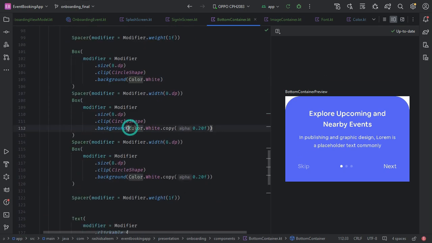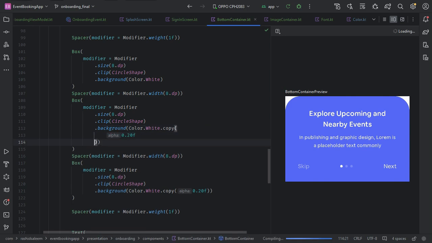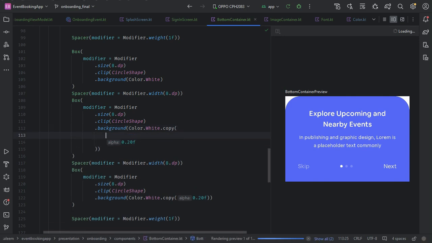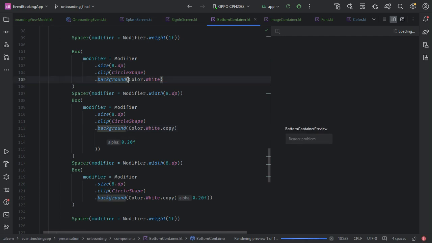So here we need to change the opacity of this one. So if, let's say first this one, modifier.copy